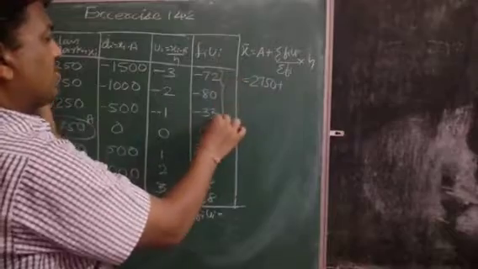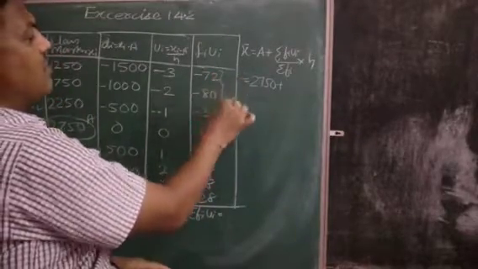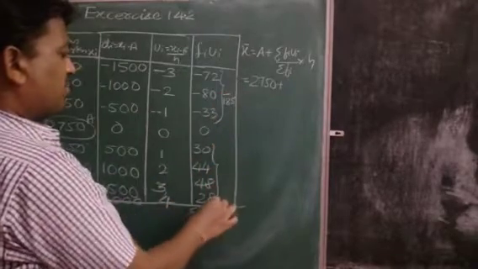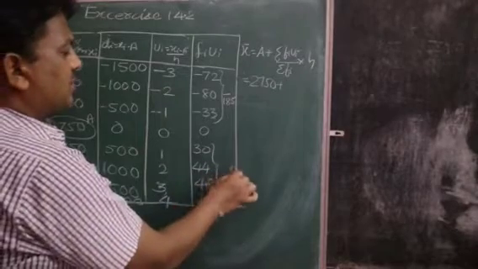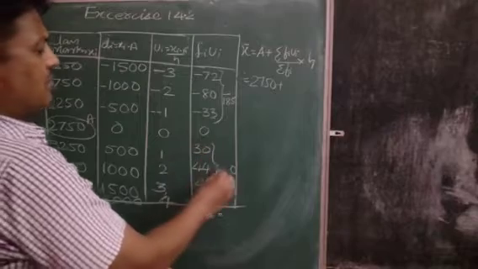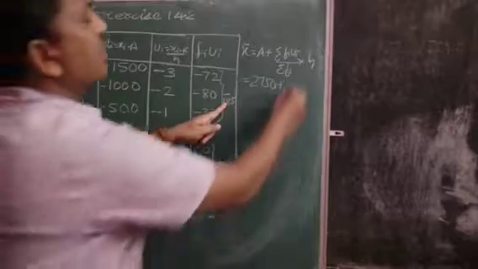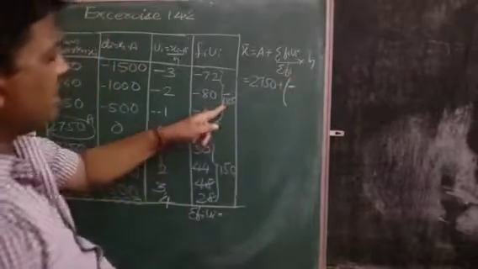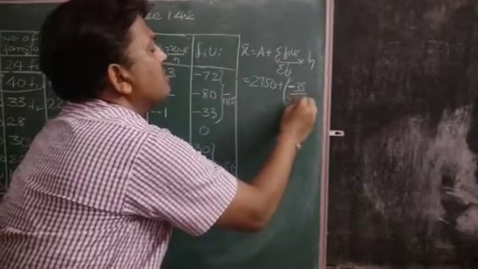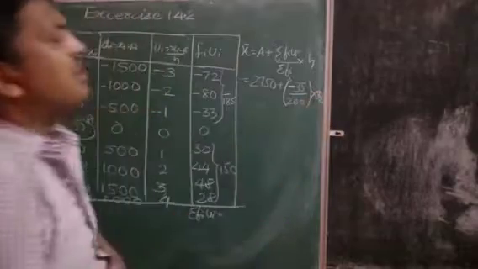Okay children, negative numbers. 3 plus 2, 5. 3 plus 8, 11. 11 plus 7, 18, minus 185. Positive 8, 8, 16. 16, 4, 20. 2 plus 2, 4. 8, 12, 15. 150. This negative number is bigger. 185 minus 150, minus 35 upon sigma Fi 200. Height is clearly given, 500.